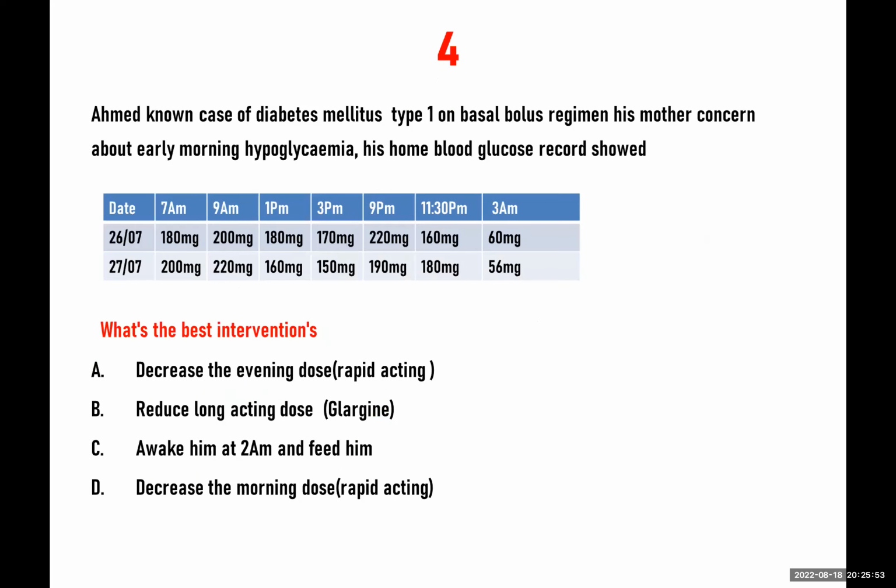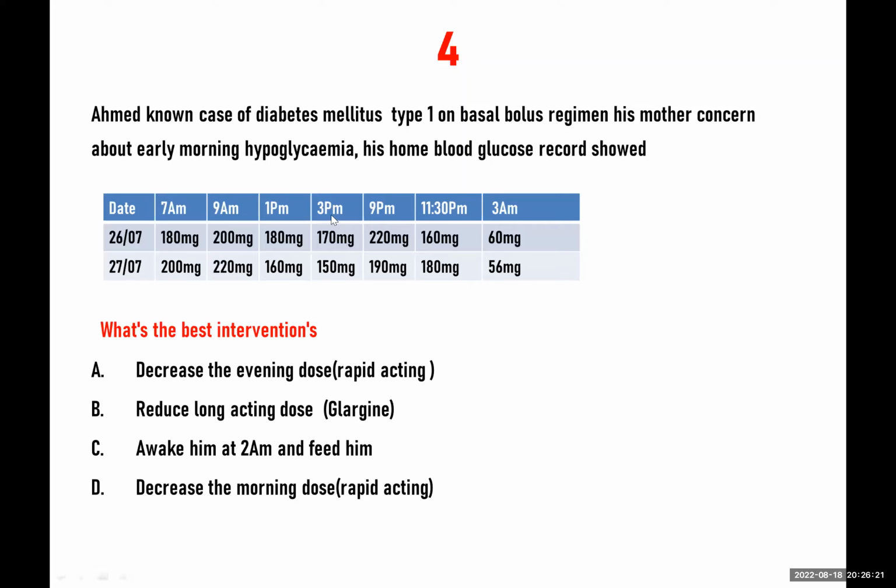The last question in diabetes. Ahmed, known case of diabetes mellitus. This is an OBD management. Ahmed is a known case of diabetes type 1 on basal bolus, Glargine with NovoRapid. His mother is concerned about early morning hypoglycemia. Sorry, she's concerned about early morning, yes, early morning hypoglycemia. His home blood glucose record showed: